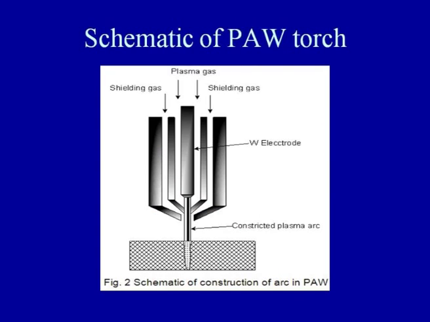In the schematic diagram, we see that here we have various channels through which the different gases are supplied, so that the plasma is formed and the weld pool is protected by suitable shielding gases. Here, in the middle, we have the tungsten electrode, and the arc is established either by supplying the current